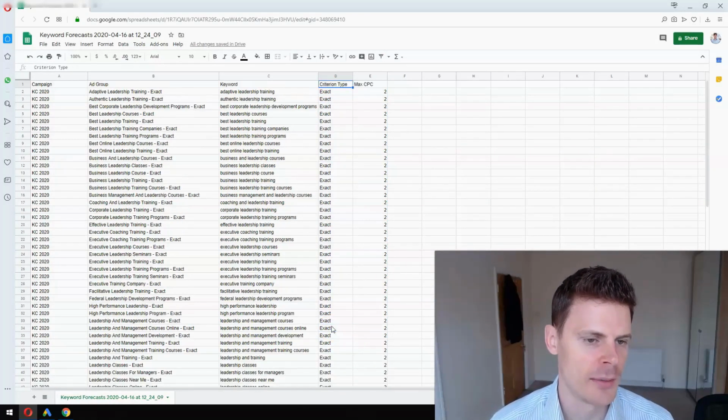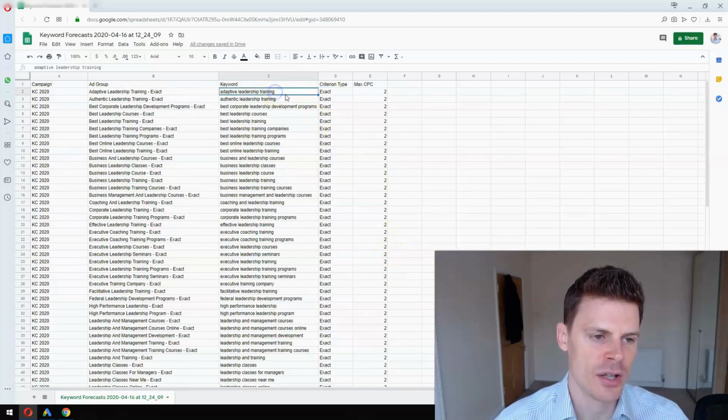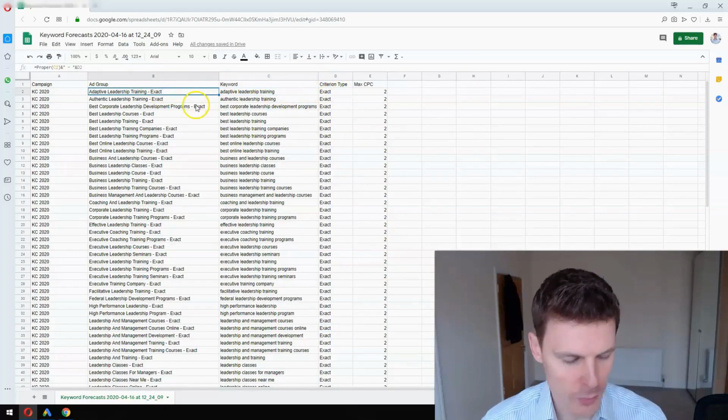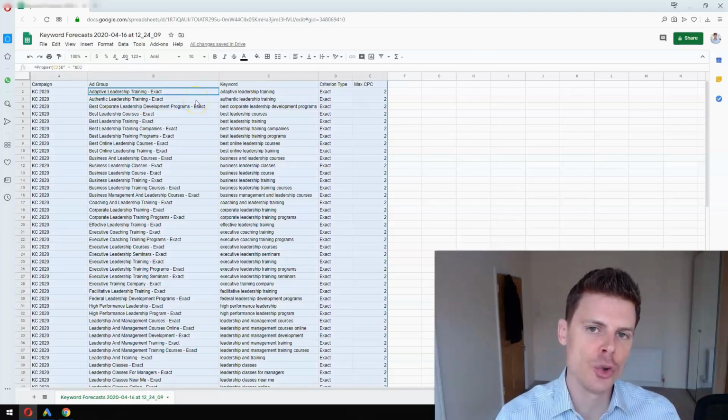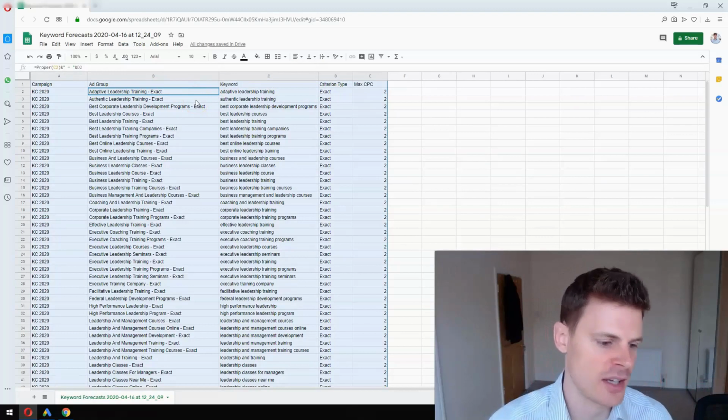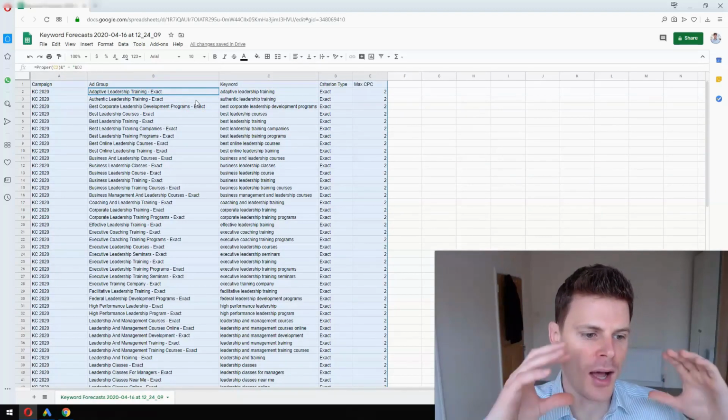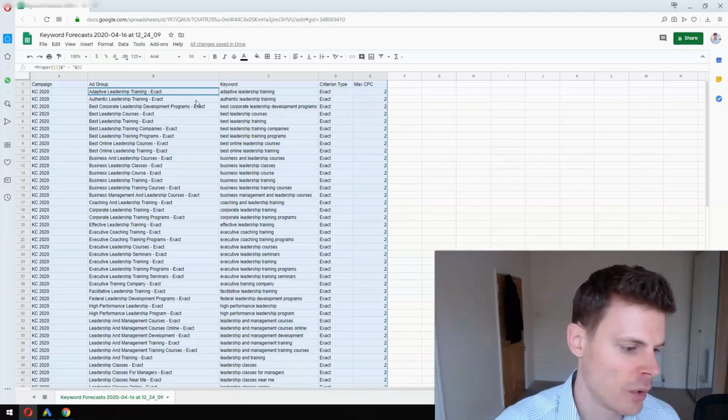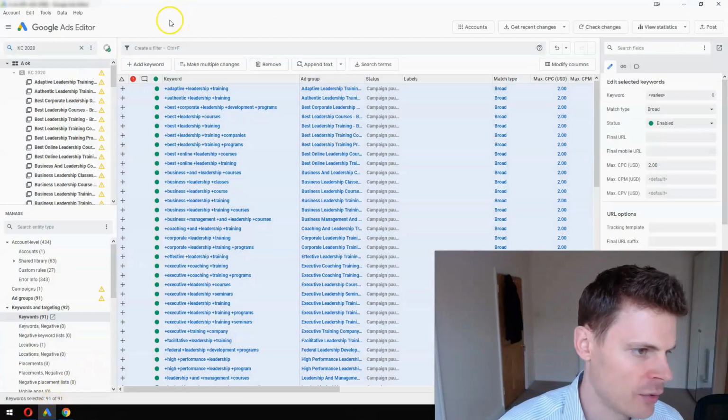So what have we done here? We have changed these keywords to exact keywords, and look at that, our ad group has automatically updated. So what we're going to import now is new ad groups, and these ad groups are going to be for our exact keywords. We're keeping things separate so we can optimize for each individual keyword. So we're going to go back to